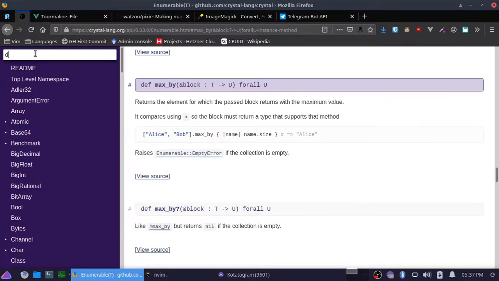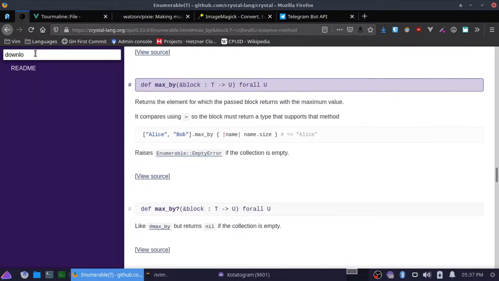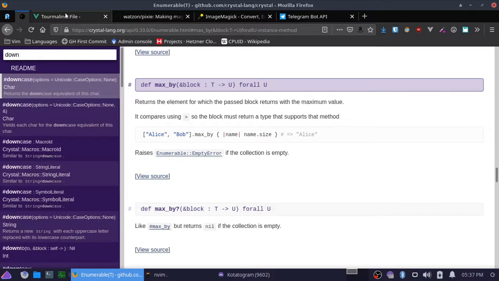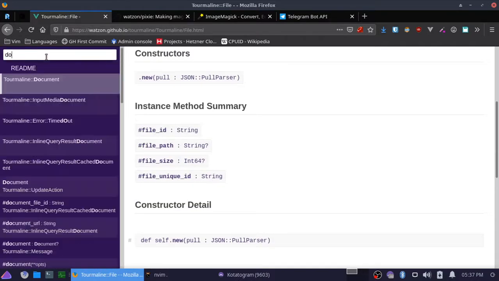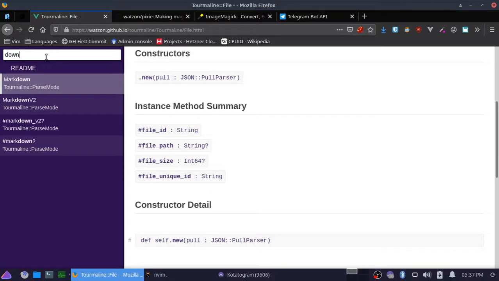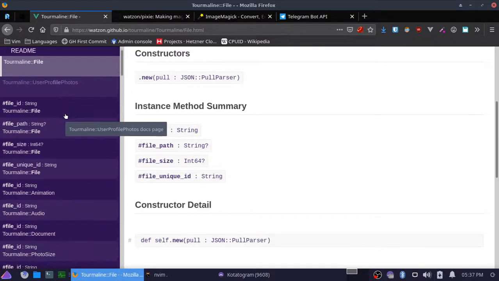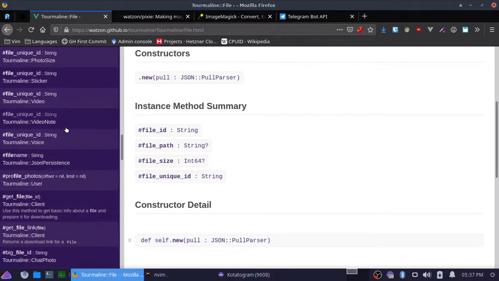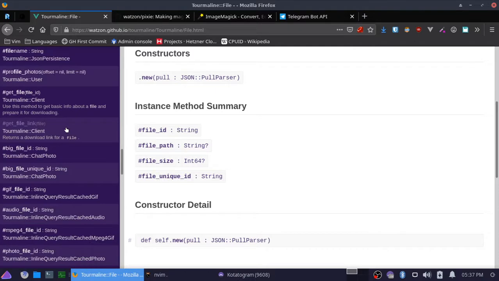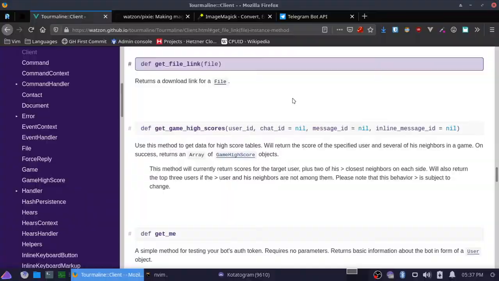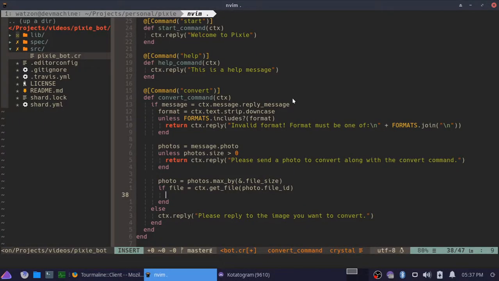I'm almost positive that I have a, well, once again, in the wrong documentation. Okay, I don't have a download. Oh yeah, but I do have the get file link method. So I need to consolidate these. This is a good thing for me because I'm figuring out things that I need to fix with the API. So we're going to do file link